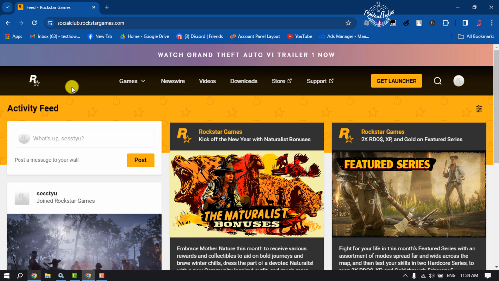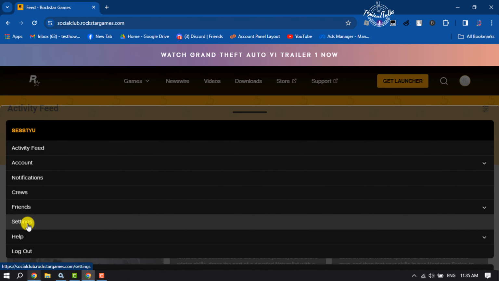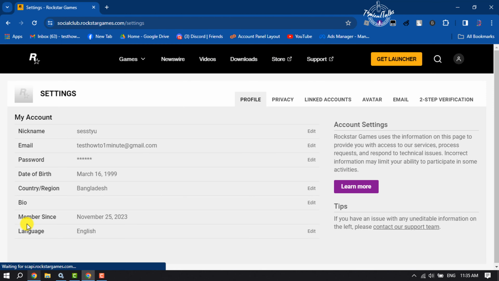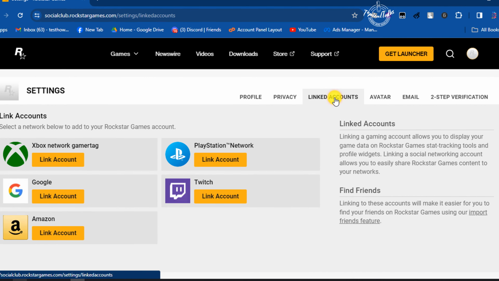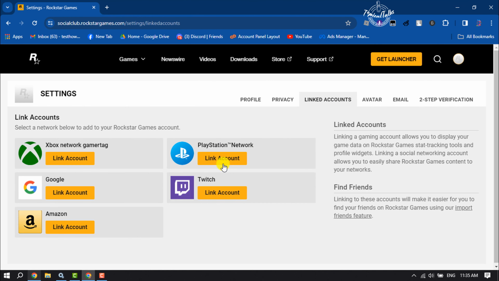Open your browser and open the Social Club website, and make sure to sign into your Social Club account. Now click on your profile photo at the top right and click on settings. And here select linked accounts, and here you will get PlayStation Network. Just click on link account,